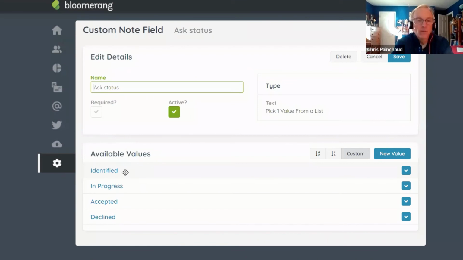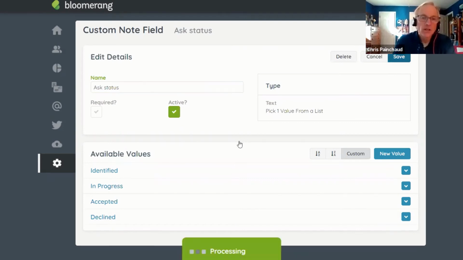That means I put them on the list, but I haven't done anything with them yet. I have a status called in progress, which means I've initiated the conversation with them somehow. And then, of course, I have these two are my resolutions, accepted or declined. You may have more steps or more phases that you might want to track, but these are some good starters,